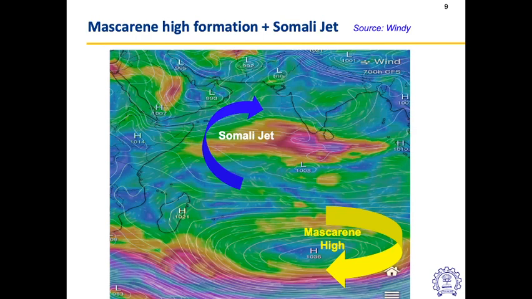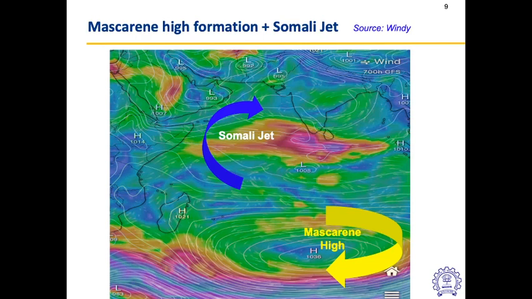Tibetan Plateau heating happens, ITCZ moves up, thereby creating the ascending branch of the Hadley cell here, and this Somali jet pushes the moist winds from the Indian Ocean all the way to the Indian subcontinent, and that's how the circulation is here, so there is a constant feed of moisture into the Indian subcontinent. There is an active low pressure system sitting here, so that's how we will have a constant blast of these winds coming in and dumping rains into the subcontinent of India. Okay, this is what happens.